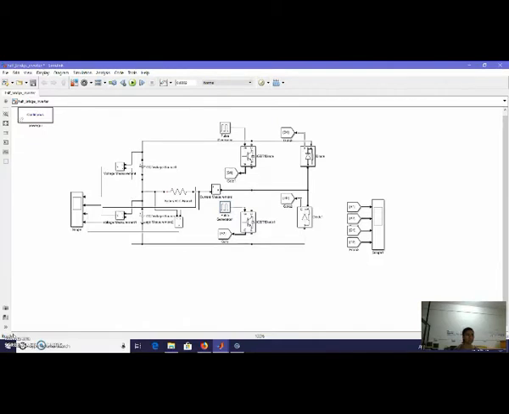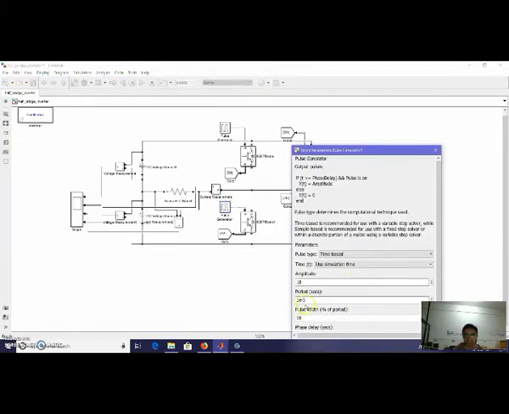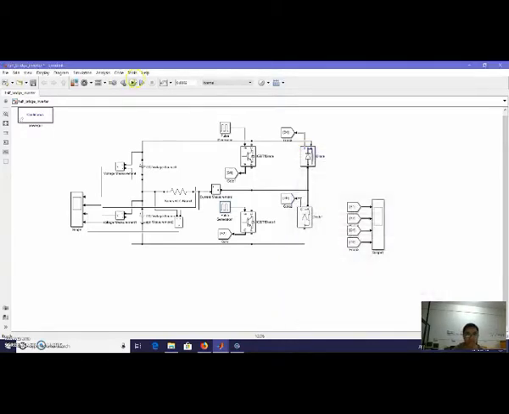Half-bridge inverters have poor efficiency and high ripple. So to change the duty cycle, you can click on any of the pulse generators and just change the period. Now if I type 2 and save the changes,